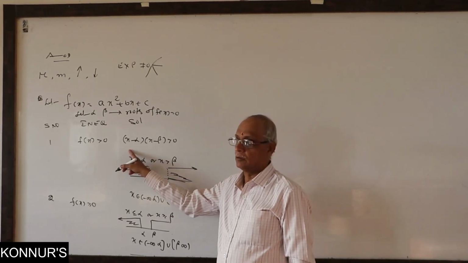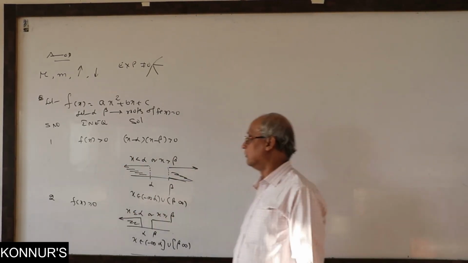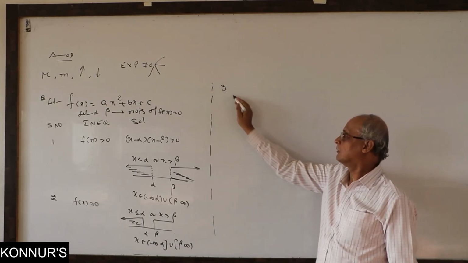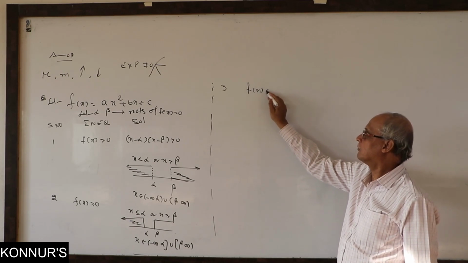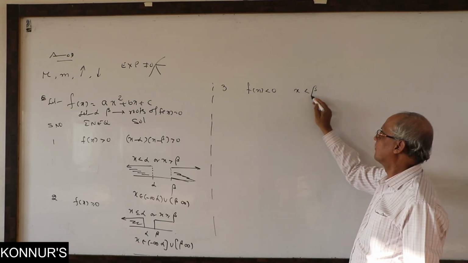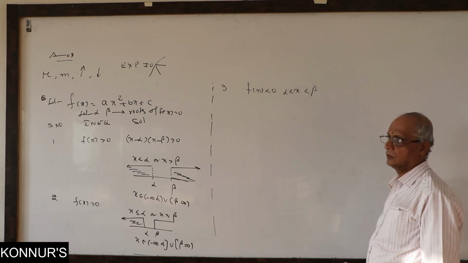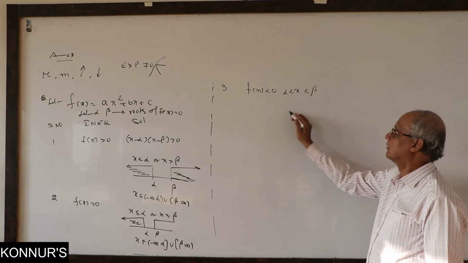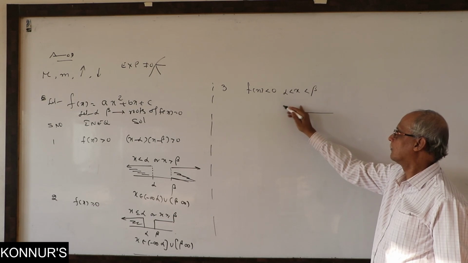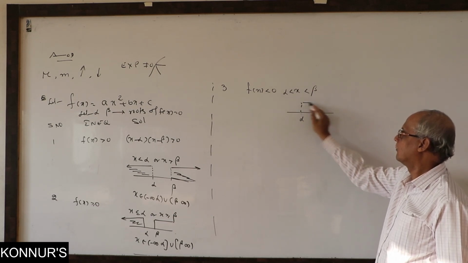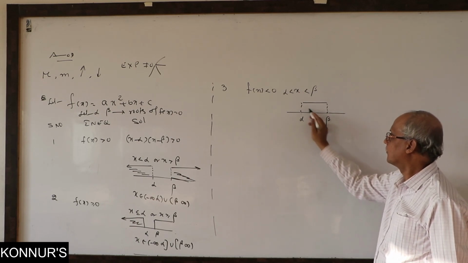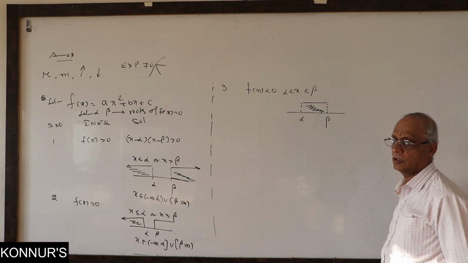Positive means strictly greater than or equal. Like that we have four inequalities. Third one, f of x less than 0. So x lies between alpha and beta. One answer. Alpha less than x, dotted line, equal to, dotted. x is in between anywhere. This is our region, the shading region.